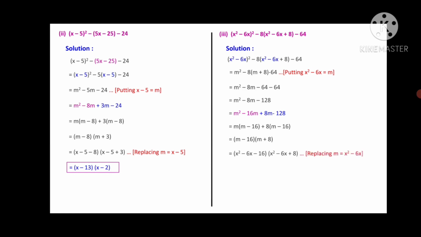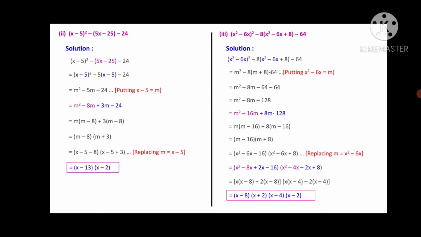So now we will re-substitute the value of m. It will become now x square minus 6x minus 16 in one bracket, x square minus 6x plus 8 in another bracket. So x square minus 8x plus 2x minus 16 in one bracket, product 16, sum minus 6, 8 2s are 16. In another bracket also x square minus 6x plus 8, product is 8 and sum is minus 6. So it can be written as x square minus 4x minus 2x plus 8. So friends, you will get in the first bracket x is common, so x minus 8 plus 2 times x minus 8. In second bracket you will get x into x minus 4 minus 2 times x minus 4. So totally factors will be x minus 8, x plus 2, x minus 4 and x minus 2.